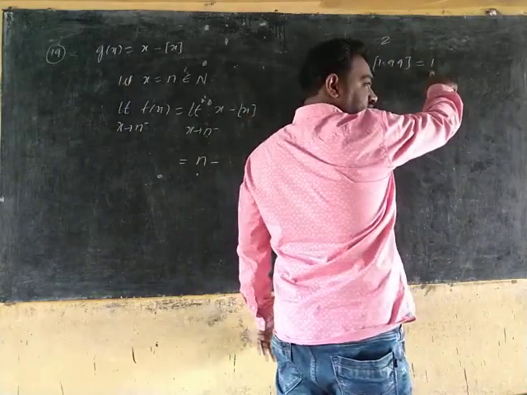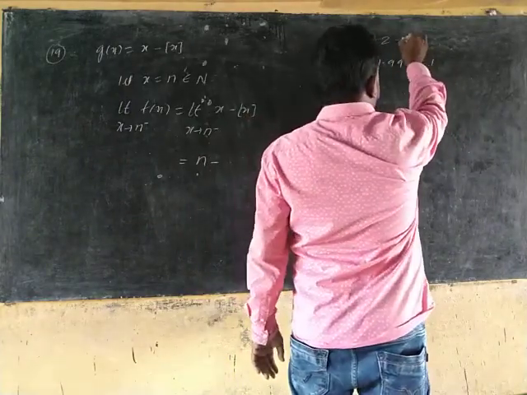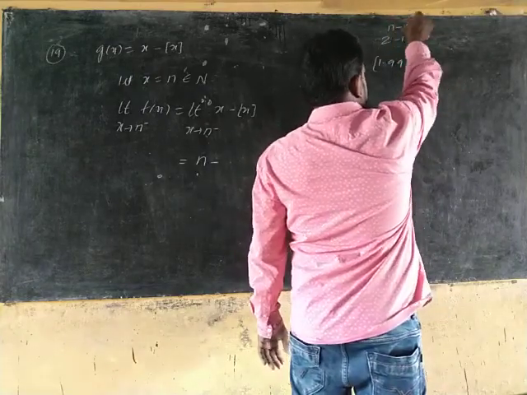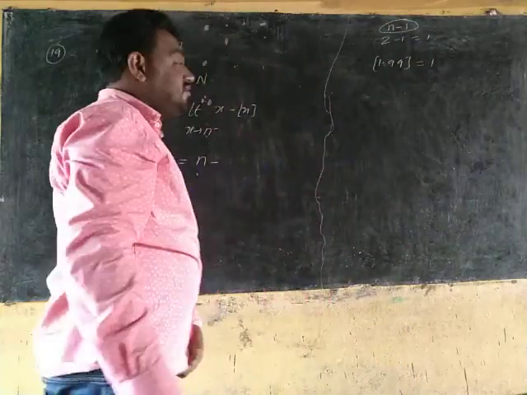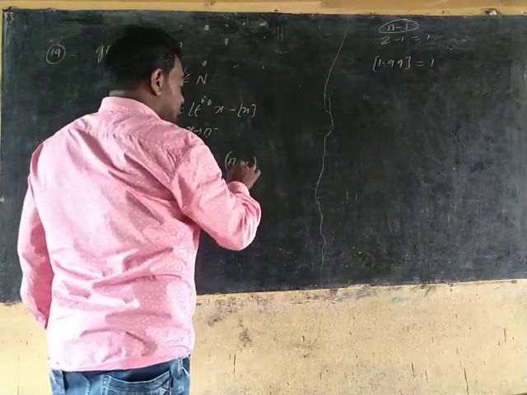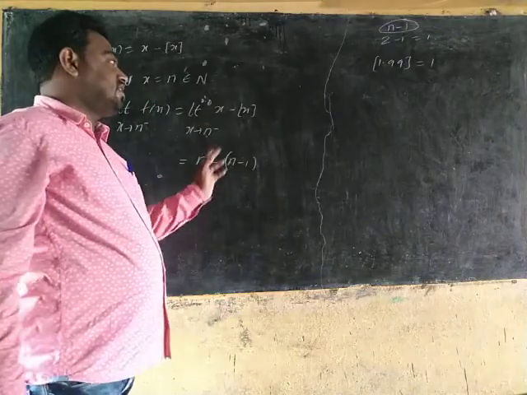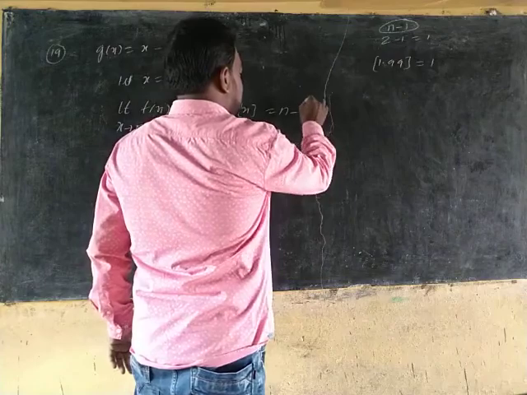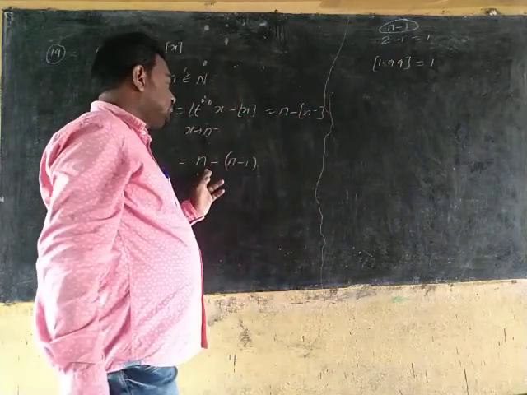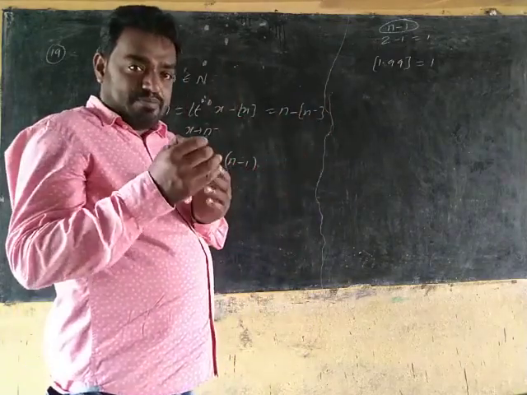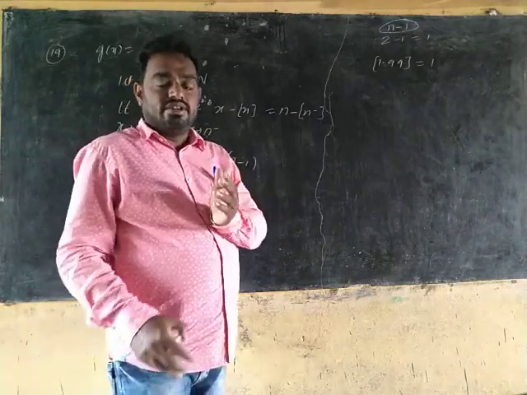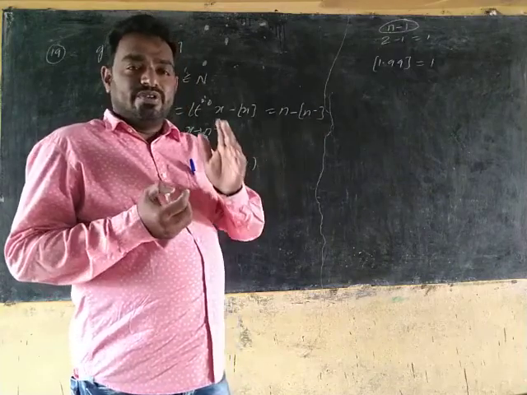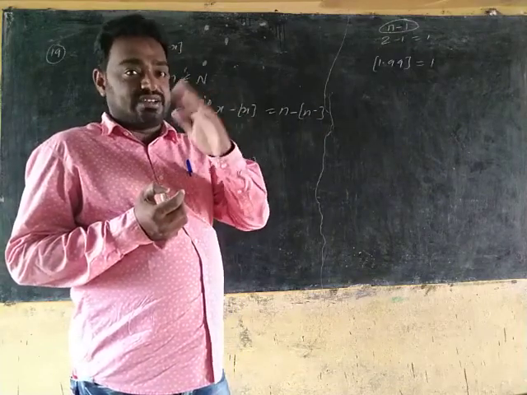So the integer part is what we got, 1. So 2 minus 1 is 1. From that number we are subtracting 1. So we get n minus 1 here. Have you got the point? Here you substitute n, and for the step function of n minus you write n minus 1. N minus means approximately equal to n, that means lesser than n, so the integer part is subtracted by 1.